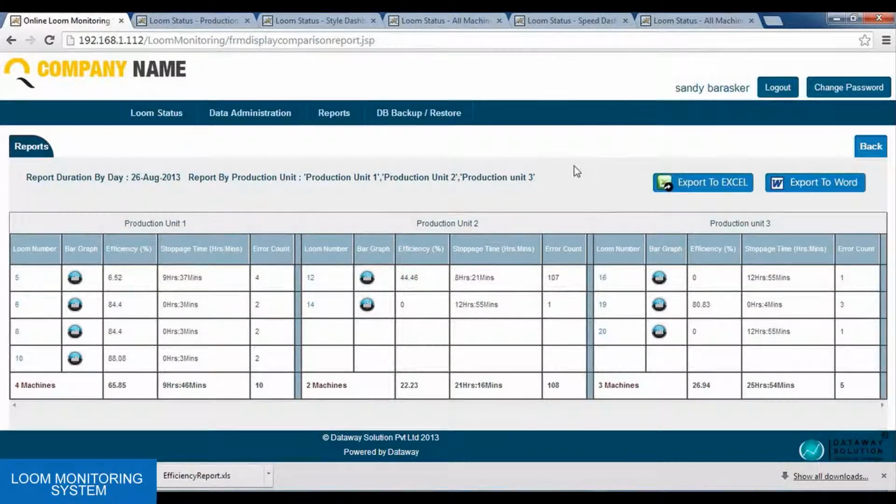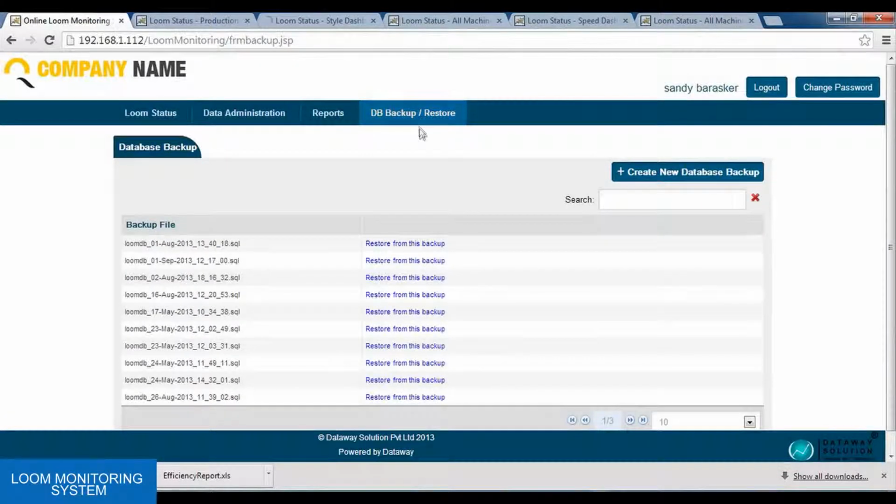Here comes the last option, that is database backup and restore. Using this option we can take a database backup and restore it, as we can see here. If we want to create a new database backup, use this option, create new database backup.